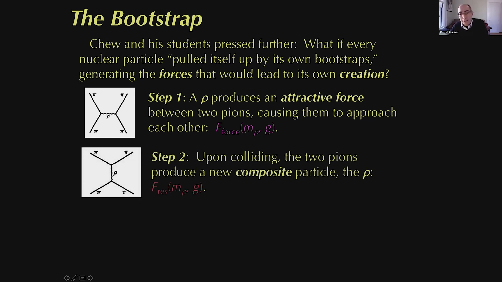That expression will depend on the mass of the particle that they exchange and this coupling constant, the factor that appears at every vertex. Rotate your piece of paper by 90 degrees. Now you see that once these two pions have attracted each other, thanks to that rho meson, they've formed this bound state. The odds for that to happen also has some distinct expression, still only depends on two quantities, the mass of the bound state they produce and this coupling constant.